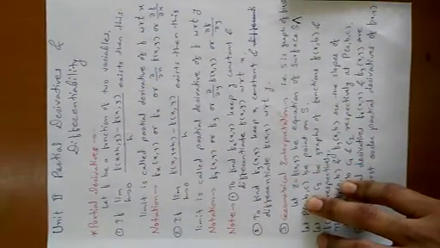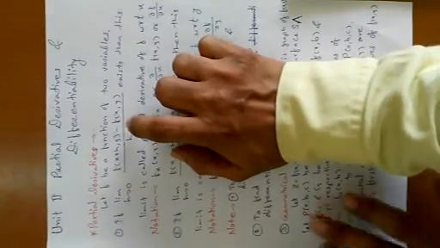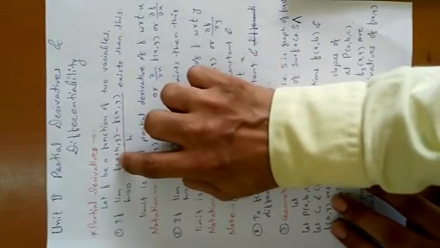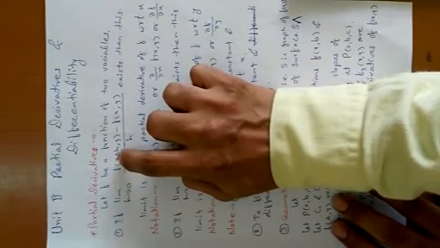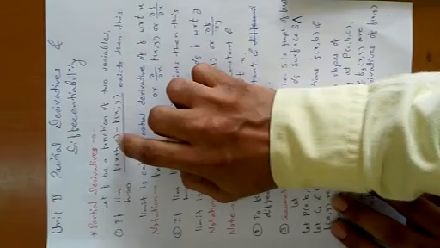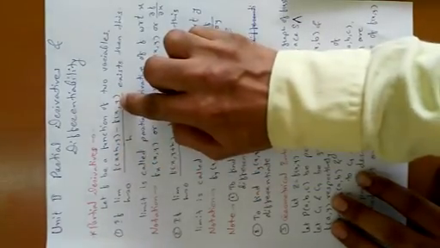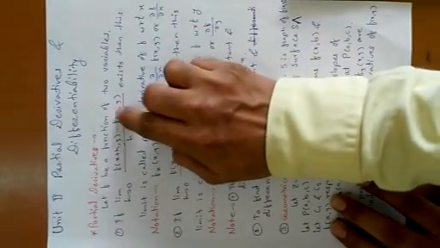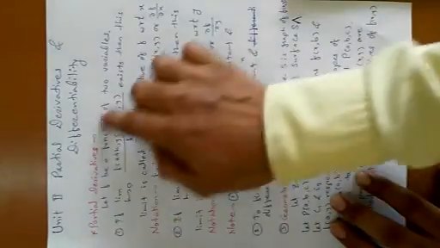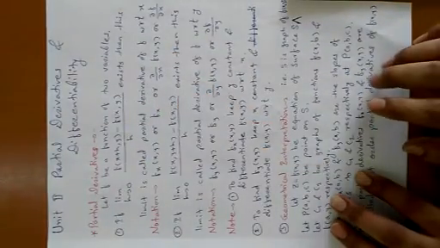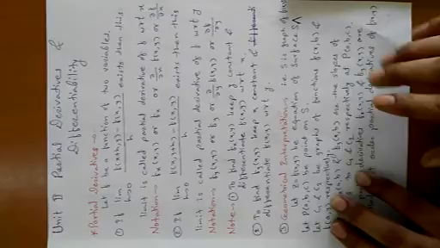You can observe here, this is nothing but the first principle we have used in this definition. There is a change in only the x variable. Here is y, here also is y. So there is only change in one variable, which is x. And this is the definition of the partial derivative of f with respect to x.